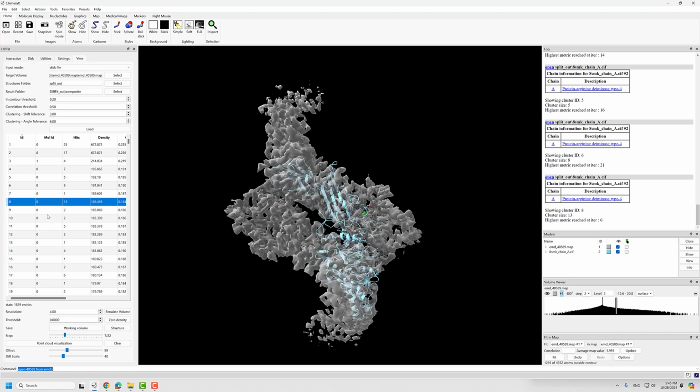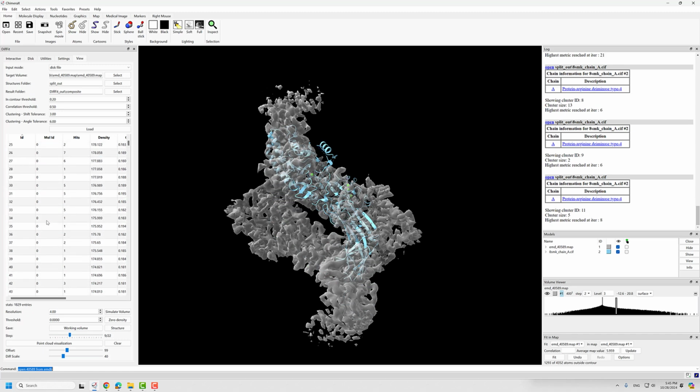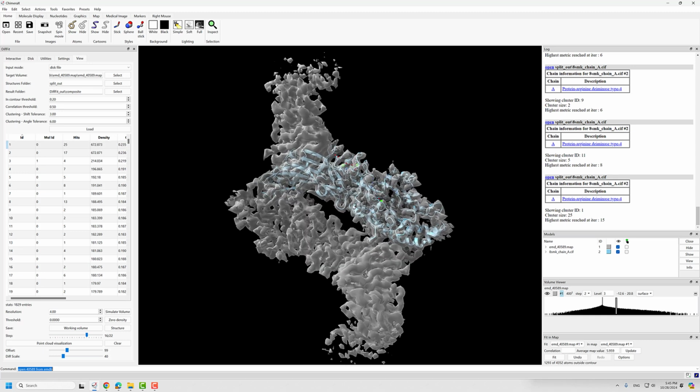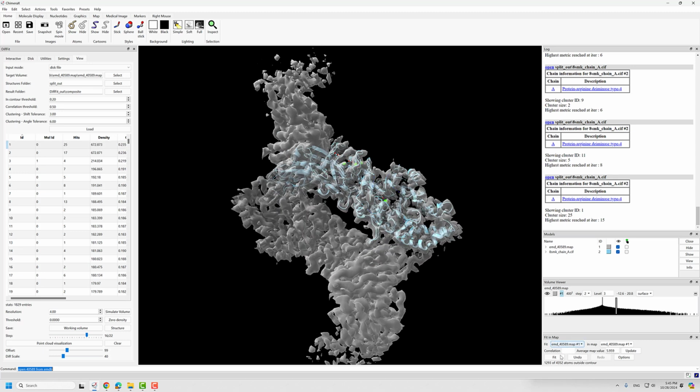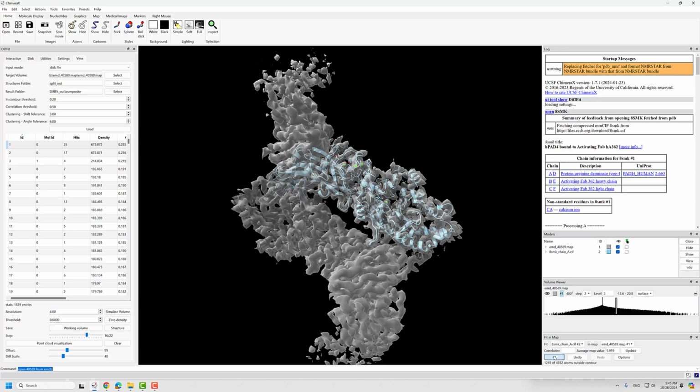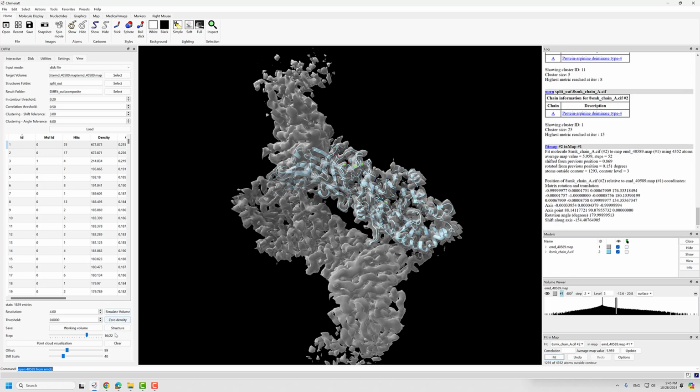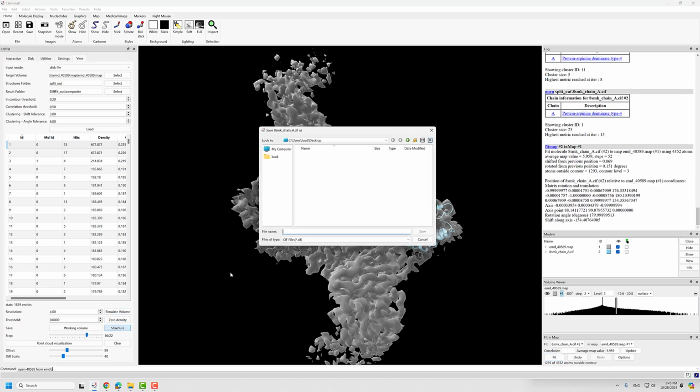So it looks like we got 3 reasonable fits. So I'm gonna choose them and fit by ChimeraX command, here, and then I will save the structure. Save the structure in a new folder,